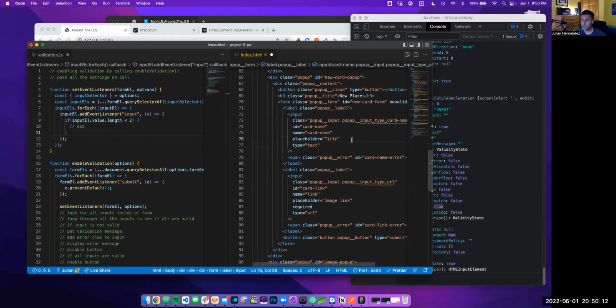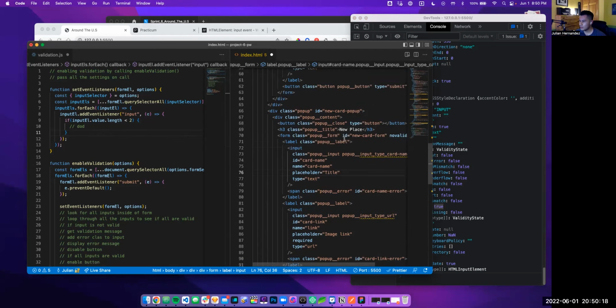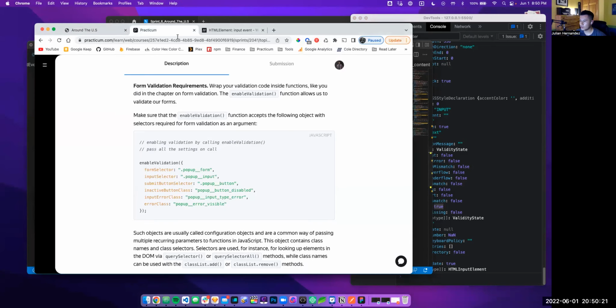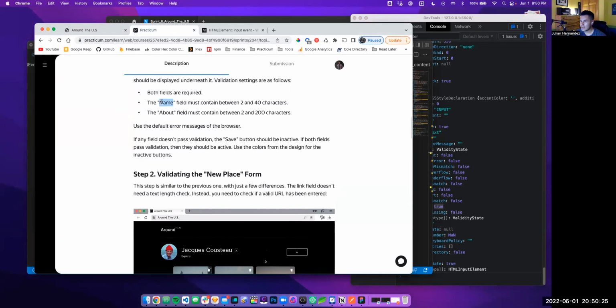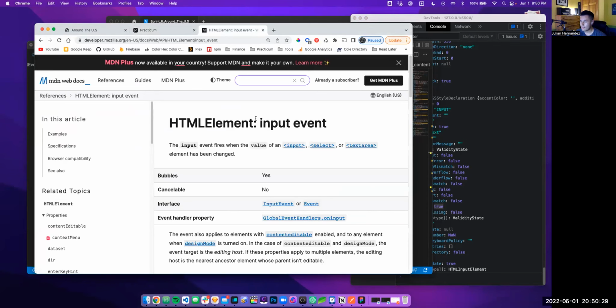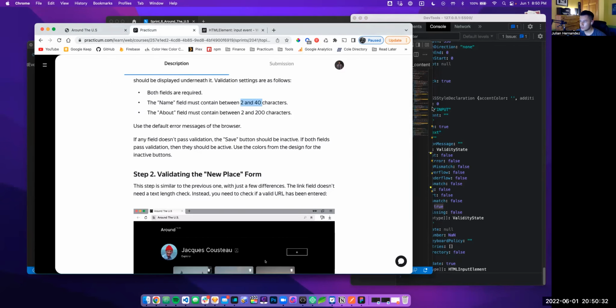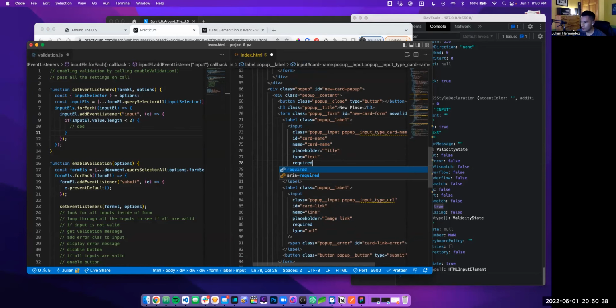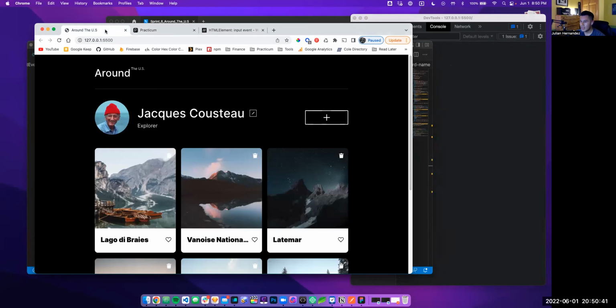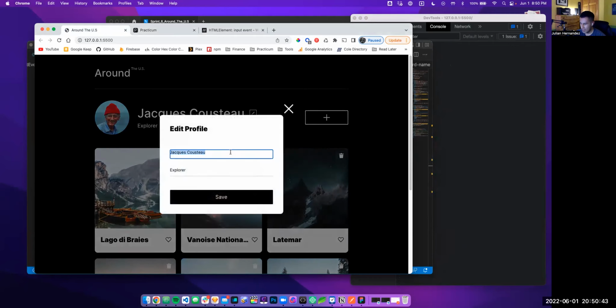And where do we do that? We actually do that inside of the HTML. And if we come to this input, let's first look at our requirements here. Our requirements for the first input, name, is between 2 and 40, and it's required. And so the way we can do this is by coming to our HTML and going to our name, and we're going to add an attribute here called required. And as soon as we do that,